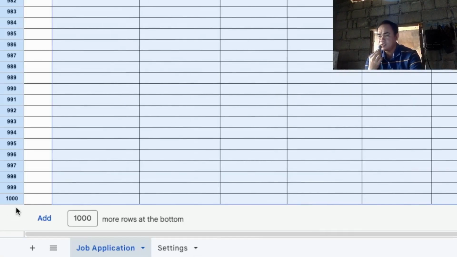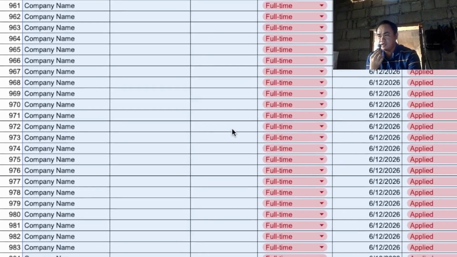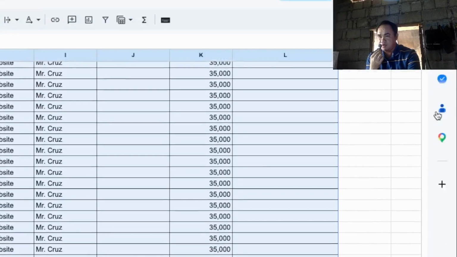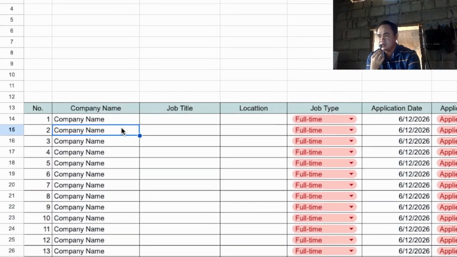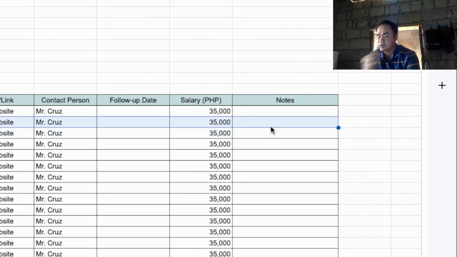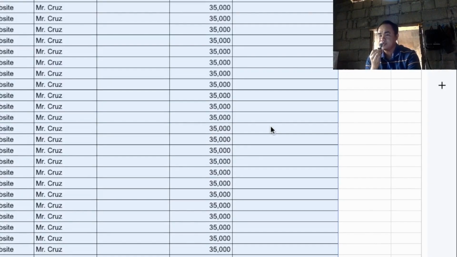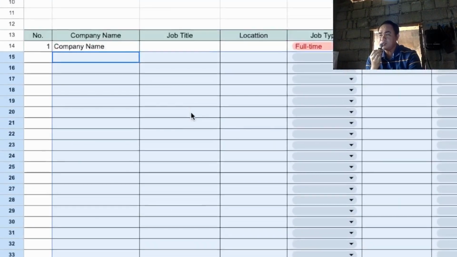As you can see, guys, it's selected up to the last row. So you can simply press on your keyboard Control D. Okay, as you can see, it copied all the entries, because it's just copying the entries. Then we're going to select from the second row to delete the duplicate entries. Control Shift Down again, and then simply press delete on keyboard. So that way all the formatting is copied here.